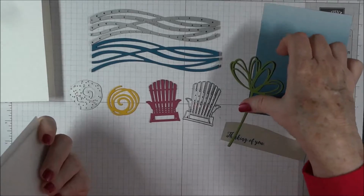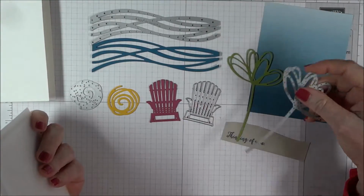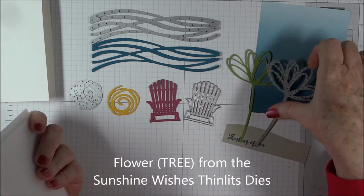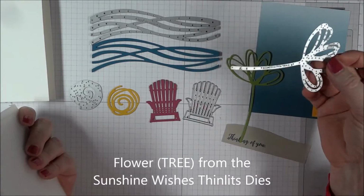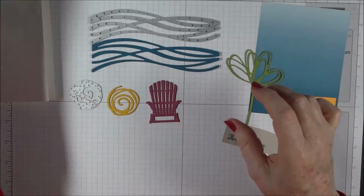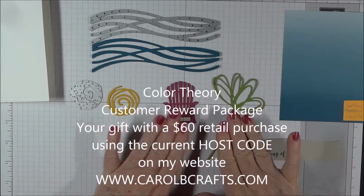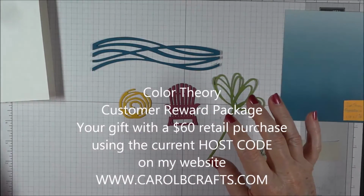And the last die is actually a flower, but I think that it could even double as a tree. To me, it kind of reminds me of a palm tree, and I live in Florida, so I see a lot of palm trees. So all of these elements come in the customer reward package, Color Theory. So I'll put these dies up because I've already die cut